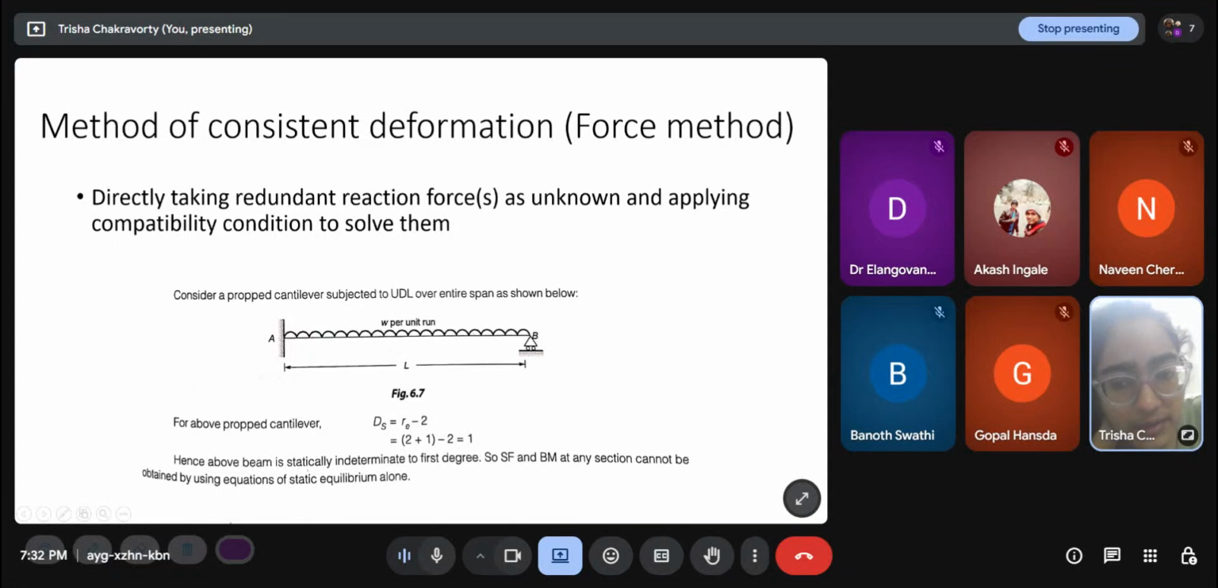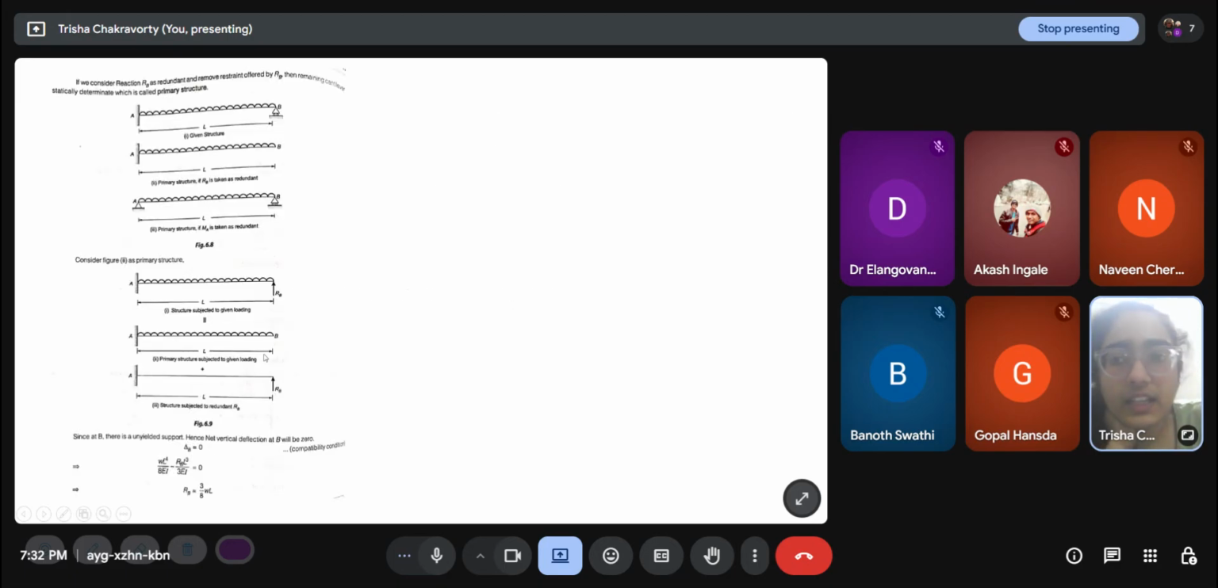So the above beam is statically indeterminate to first degree. So shear force and bending moment at any section cannot be obtained using equations of static equilibrium alone. Because if you can't solve the support reactions, how are you even going to start? Now we consider the reaction RB as redundant, and we remove the restraint offered by RB. Then the remaining cantilever, if I remove the RB, it becomes a cantilever beam. So it's a statically determinate structure, which is called the primary structure. So this cantilever with a UDL is my primary structure now,